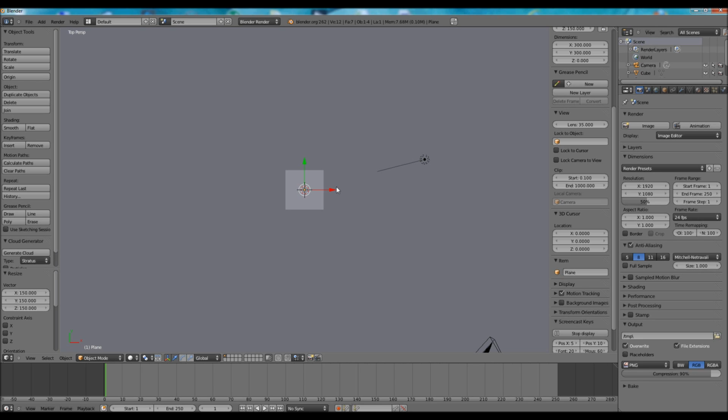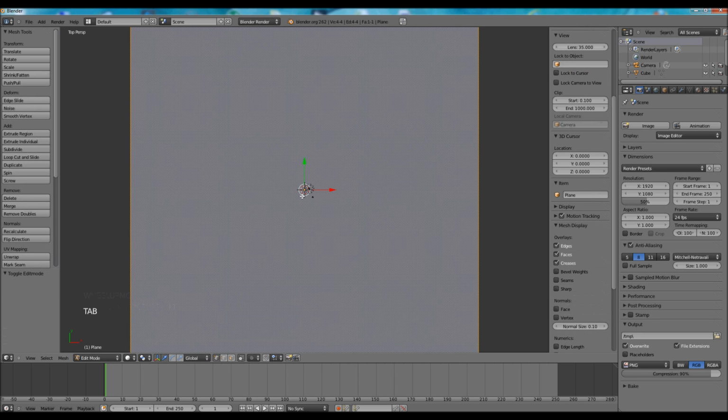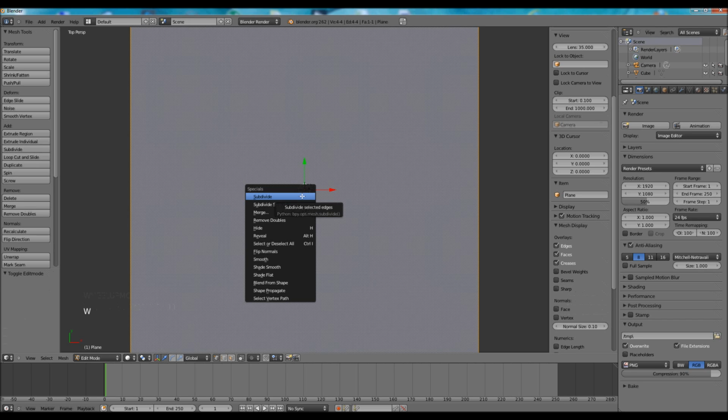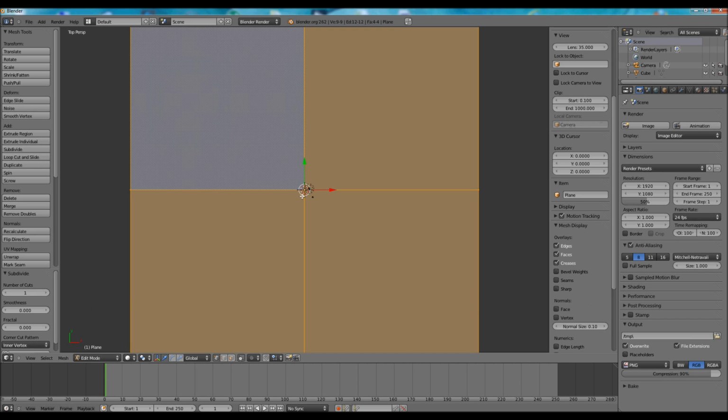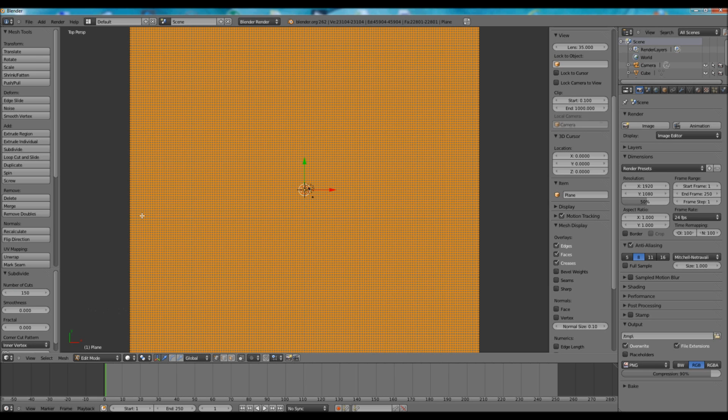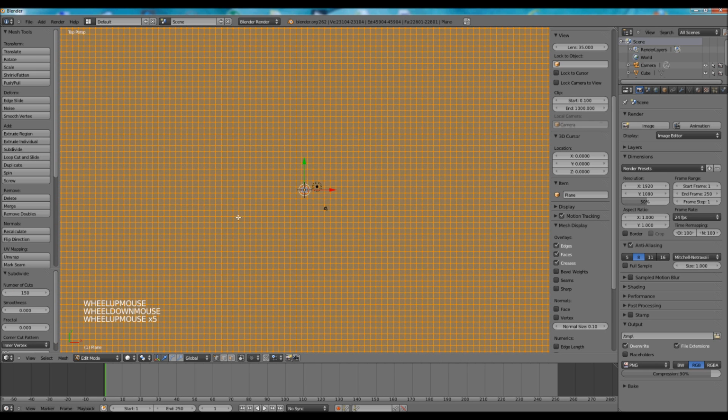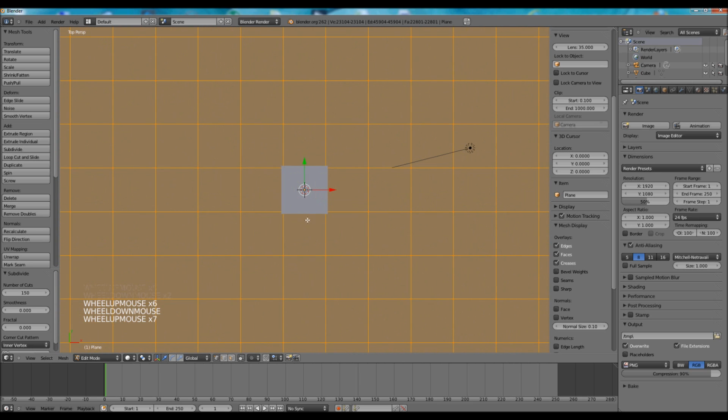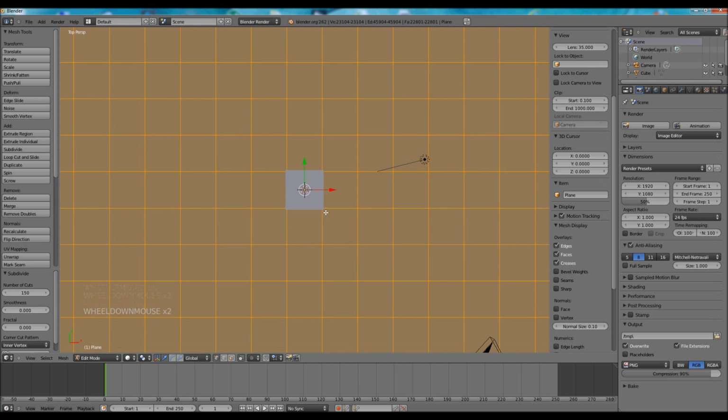150 should be fine. With our plane selected, press Tab to go to edit mode and then press W and subdivide. You can repeat that a couple of times until you get the needed result, or the easiest way is to use the left menu and specify the number of cuts. If we have scaled it by 150, then let's use 150 cuts, so we'll have one cut every Blender unit. Okay, this is fine. Press Tab